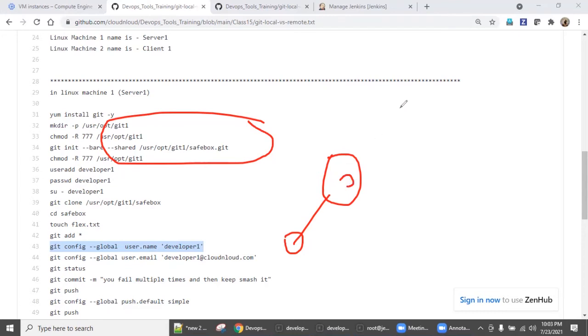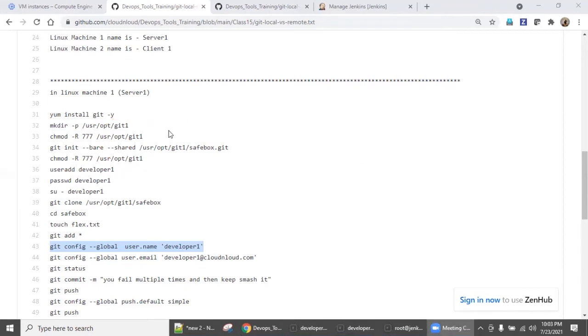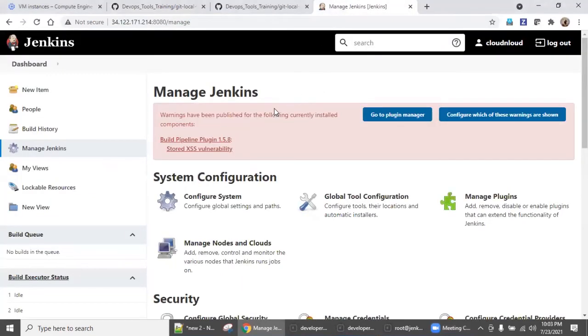You remember, if your project doesn't want to go for the public github.com or anything, you can set up your own repository, right? So now, apart from this, since we are talking about the local versus remote, say, for example, we have a Jenkins, which we discussed in most of our classes in previous sessions, right?